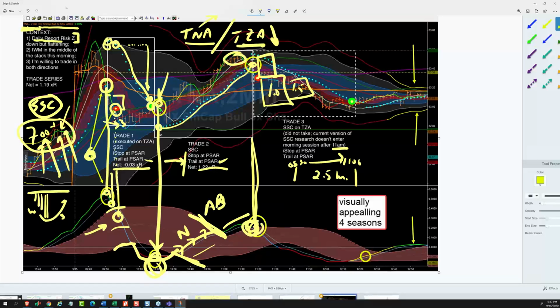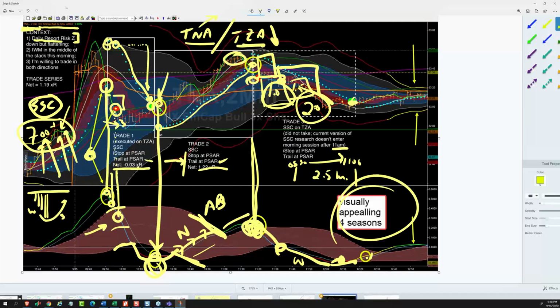And then this one would have gotten you short right at the correct spot as summer became fall and entered the river. You could have even added a second position here, and then the PSAR would have protected you and then Wu Wei. So this little 1.0 could have been almost a 2.0 if you take advantage of the winter being harsh. And then right here, you get a signal that it's starting to flatten out. And then this is where the PSAR exit hits.